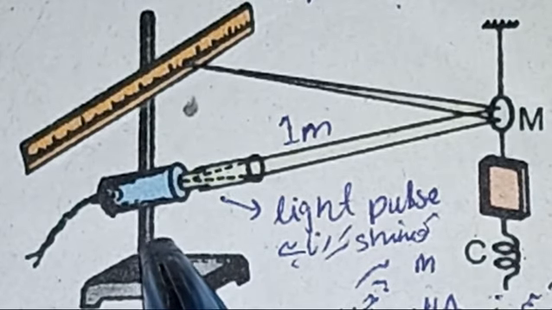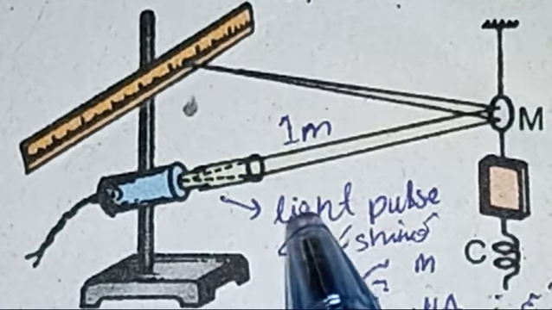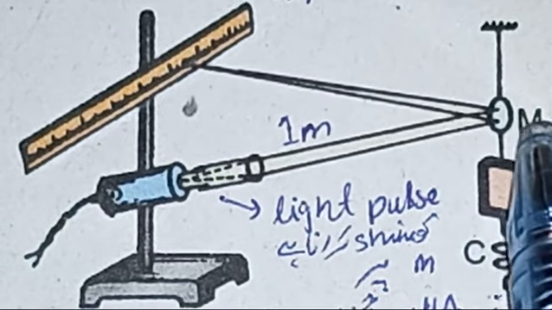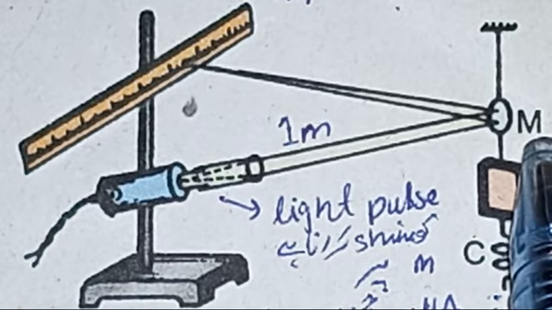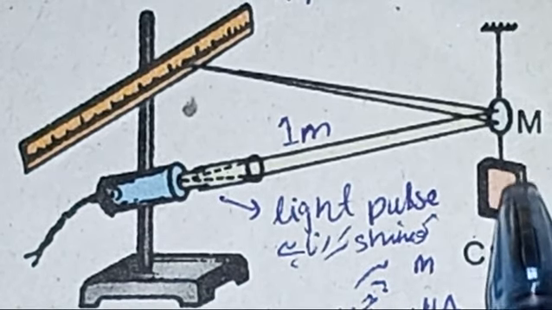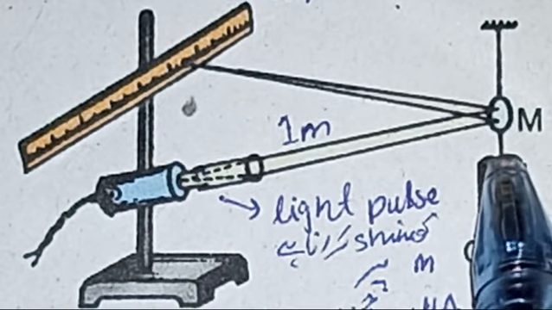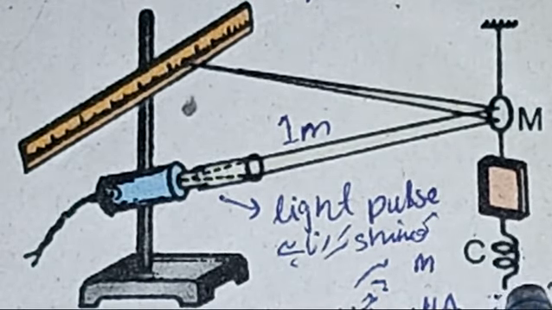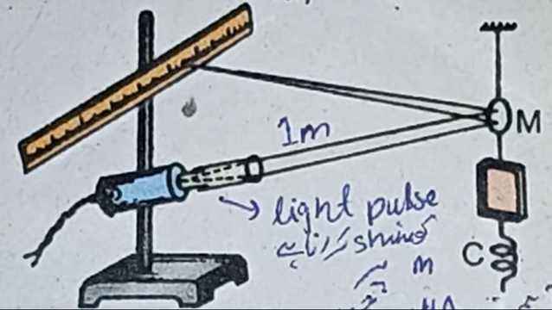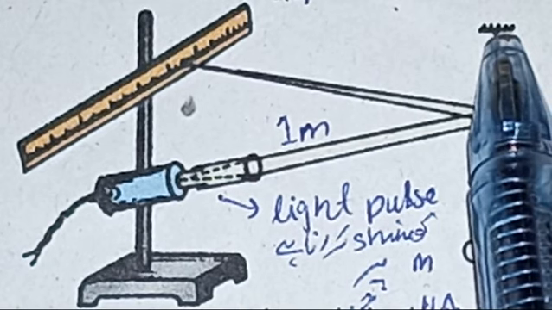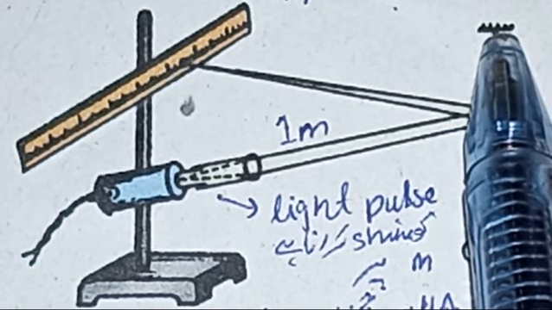In sensitive galvanometer, the angle of deflection is observed with the help of a small mirror. This is mirror, written as M, attached to the coil. There is rectangular coil that is hanged with the help of a wire, spiral wire in the form of spring, and there are two connections to apply current. Lower part this one and upper part this one. Okay, that is attached to some support.